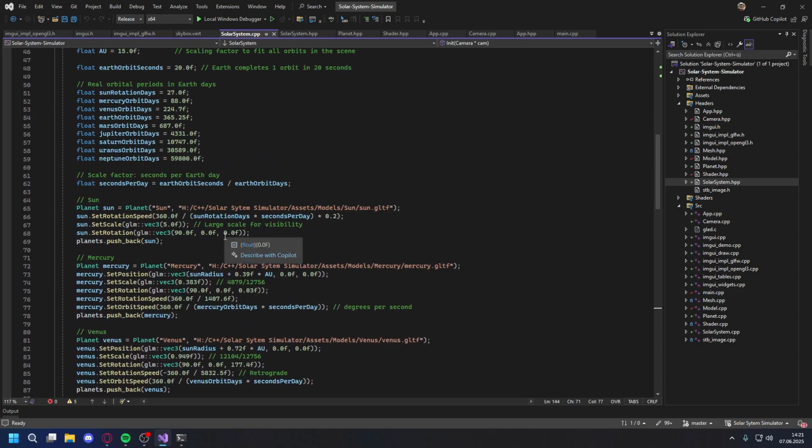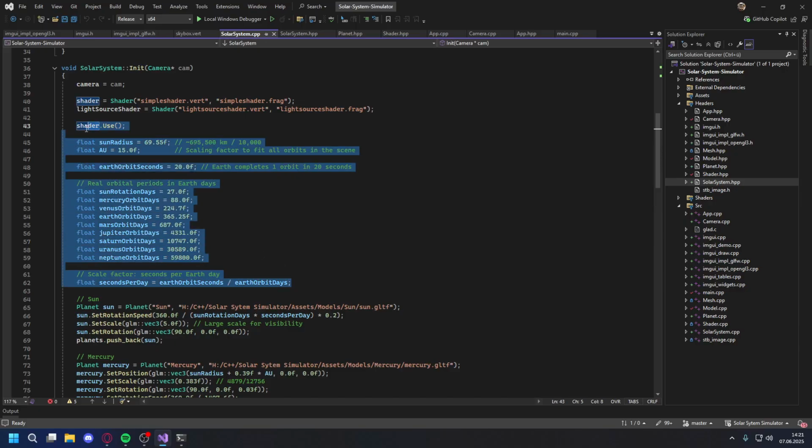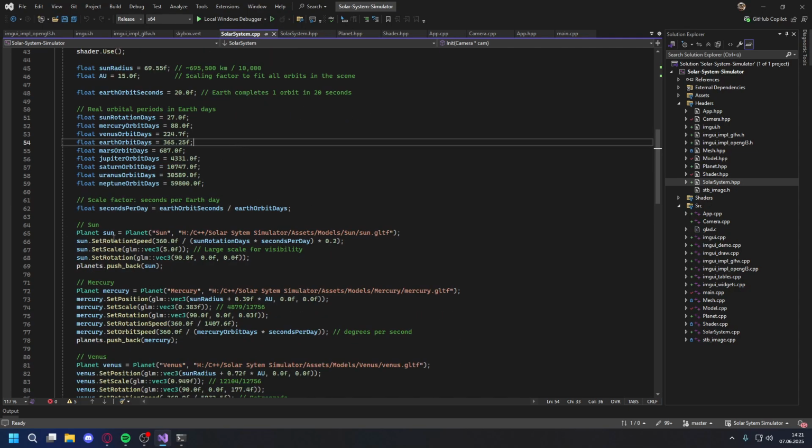What I first did was I asked ChatGPT for the correct scale and speed and stuff, and made it have the correct ratio, but also so that you can actually see it moving. Then we make a planet, give it a name, and give it the file path, and now we can